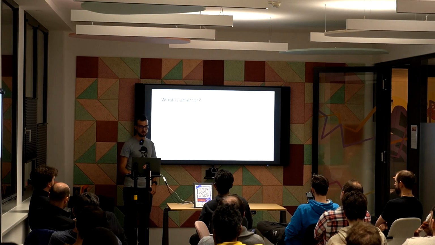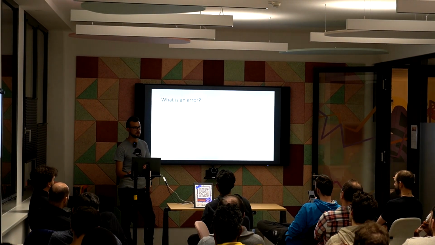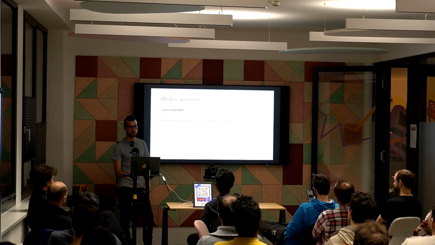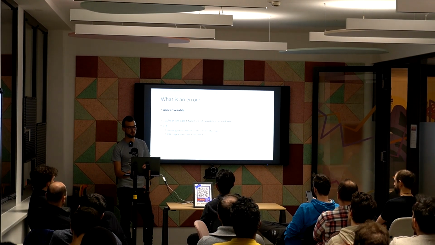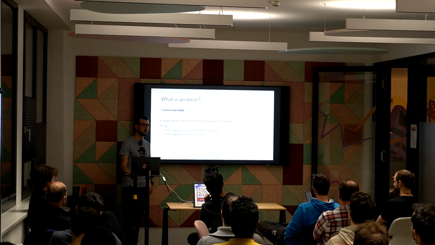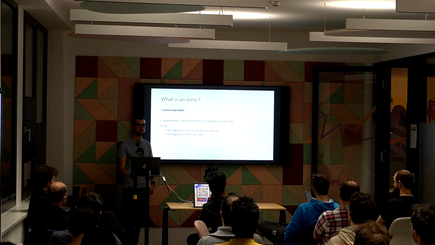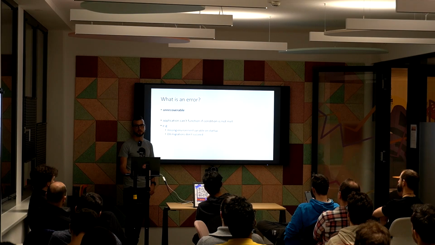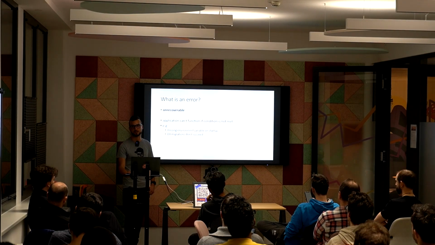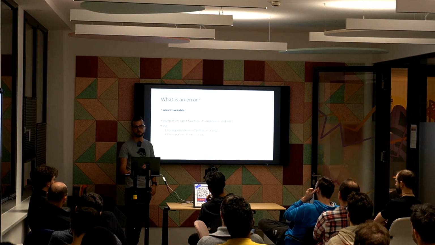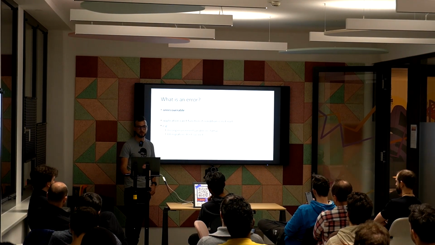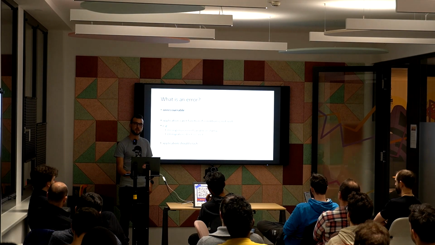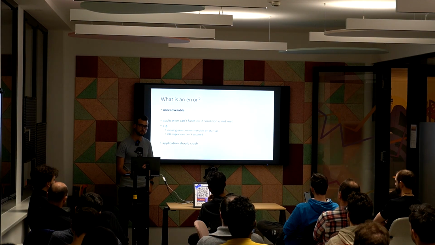So let's first start with the definition. What's an error? An error, in my opinion, is unrecoverable. So the application can't function if a certain condition is not met. This can be, for example, if an environment variable is missing when you start the application, then it does not really make sense to start the application and it should crash. Or if your database migrations fail, then it also doesn't make sense to start the application with the new code, because you will access the database with wrong models, and the expected behavior is that the application should crash, and you have to